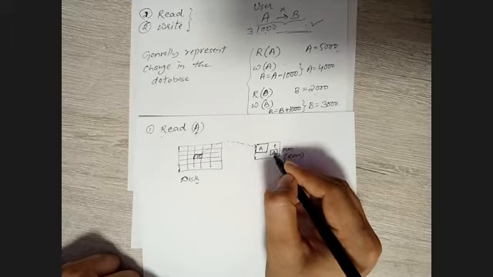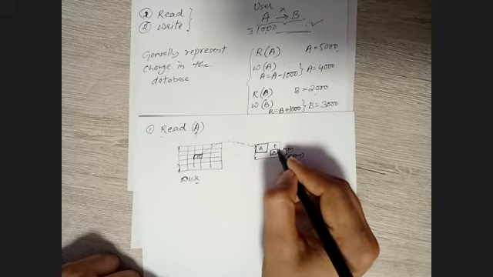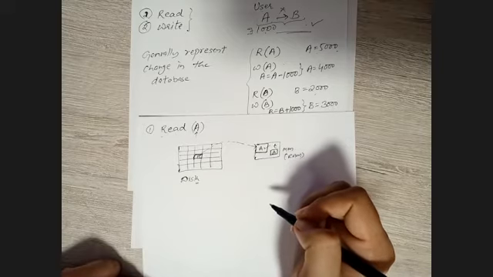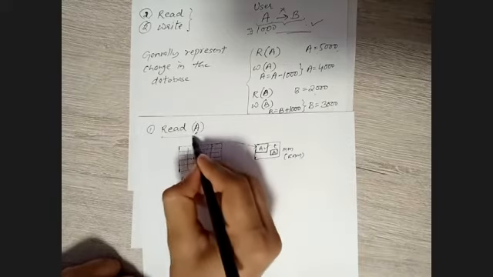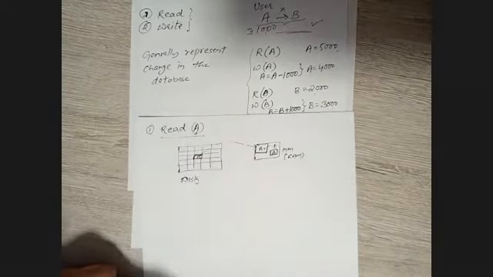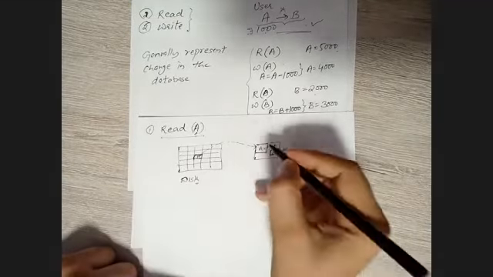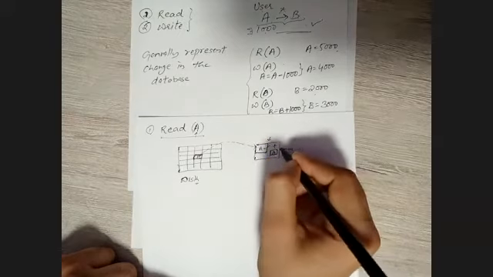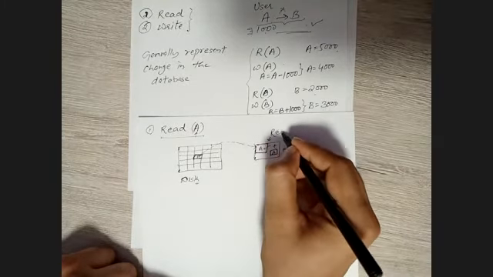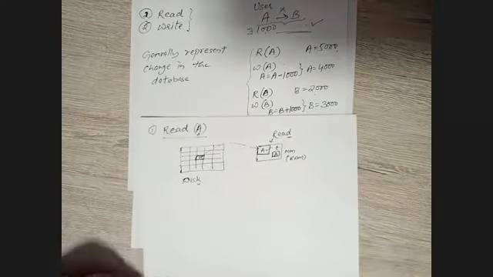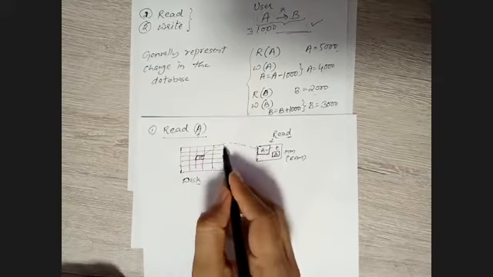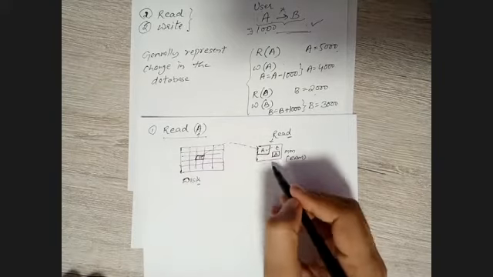We copy the value and perform some action on it, using this value with the help of the temporary program variable T. So this is just the read operation. Read basically means we are getting the value from the RAM. In layman's terms, we are not reading the value from the disk, we are reading the value from the RAM.